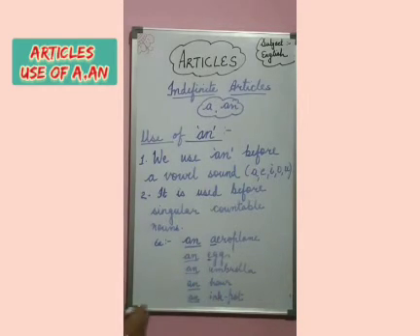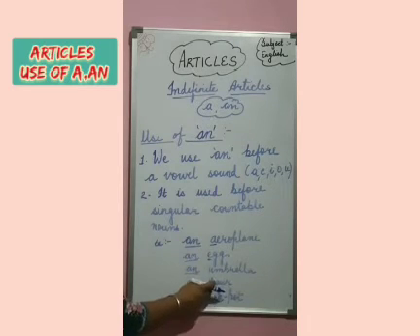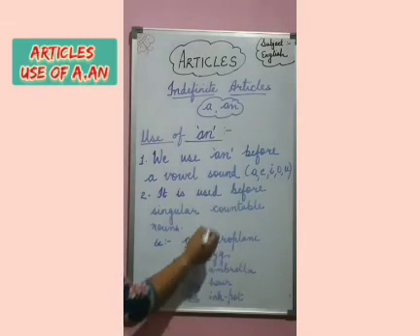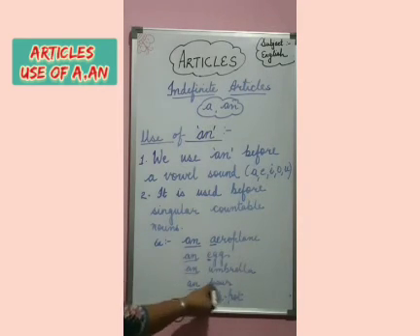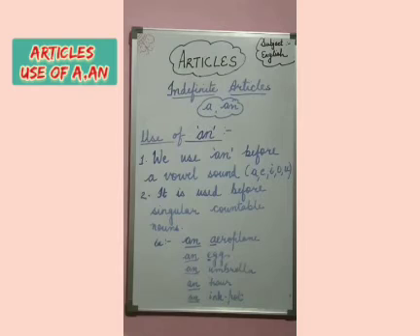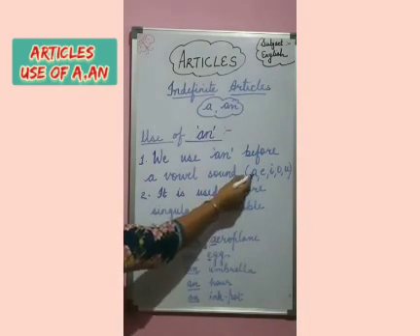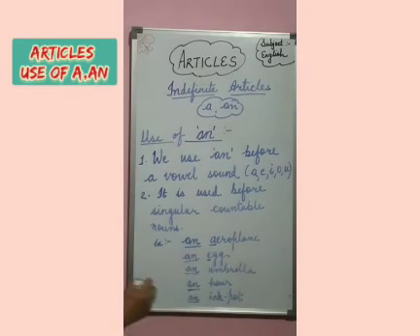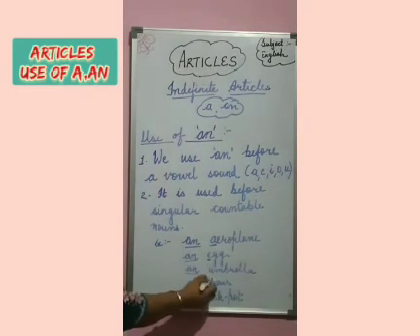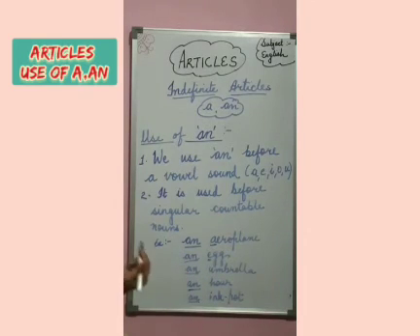Next, an hour. You will say, ma'am, here it is H. So I have told you, don't look at the first letter, which letter it is. Don't categorize it as a vowel or a consonant. H is a consonant. But here when we speak this word, what is the sound? Our. H is silent over here, and the sound that comes is a. Again, a sound is a vowel sound. Swar hai. So we will write an before it. So remember always we have to speak the word first. We have to pronounce that word correctly first. Then only you will come to know what to use, where to use a, where to use an.